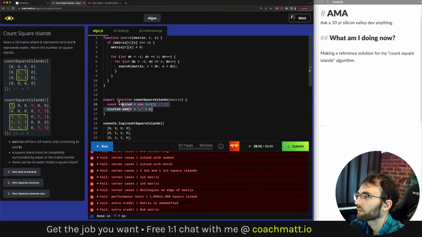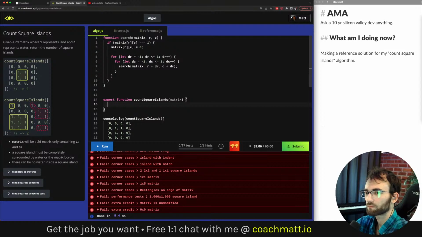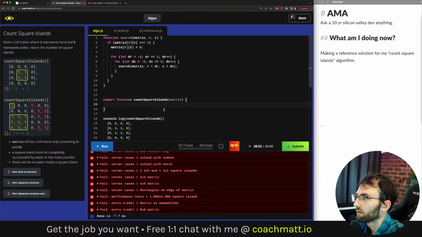Okay, let me speed along our original solution so we can get to the interesting part, finding the number of square islands. We're just doing count islands right now.